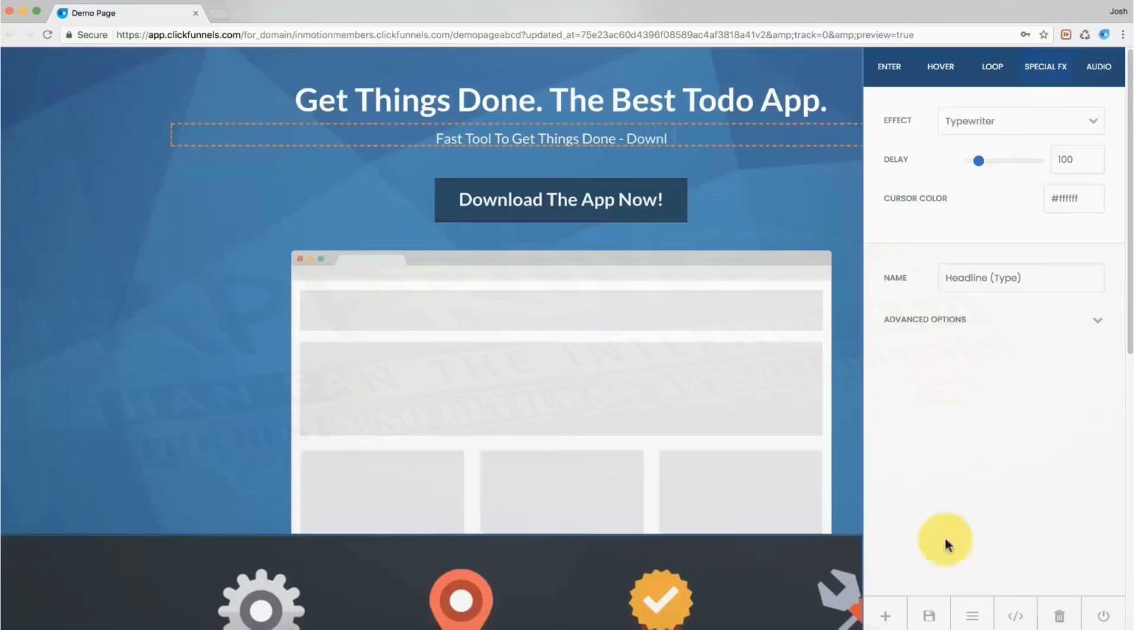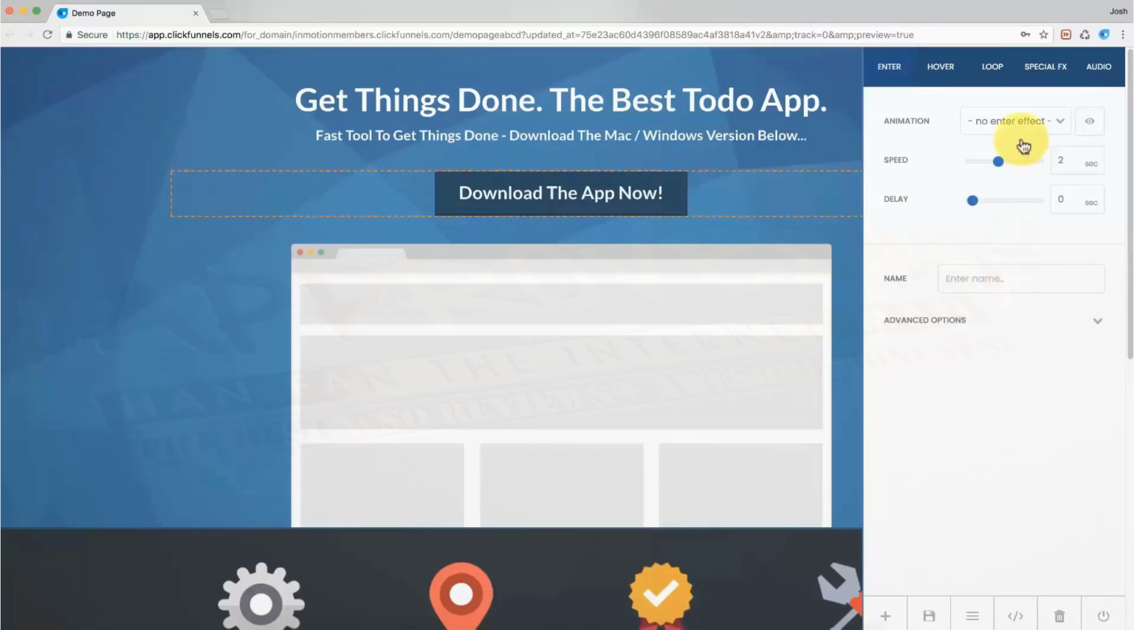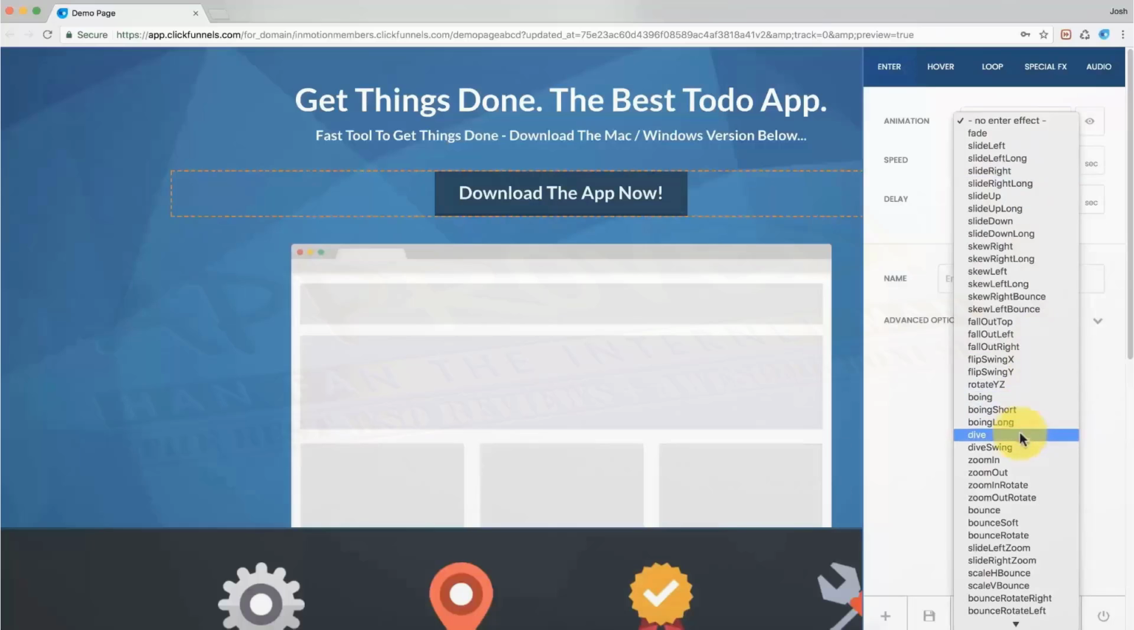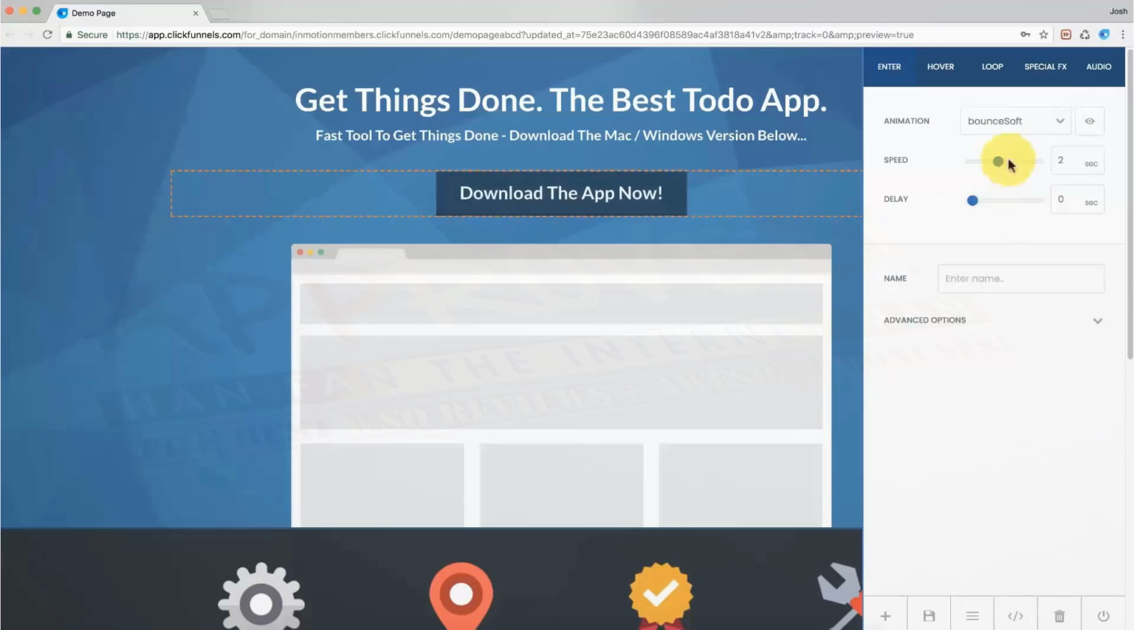And then what I'm going to do is click on add new animation again and go to the button, click on that, and I'm going to select an entrance animation. I'm going to use this one over here, bounce soft, like that. Make it maybe 3 seconds, a little bit slower. And I might add a slight delay to this one, let's say 0.5 seconds, like that, and